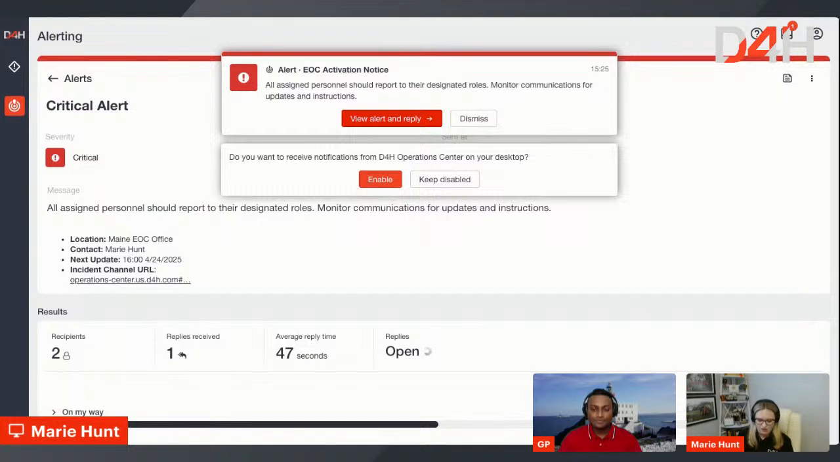All right, so I got all the notifications. I got a phone call. I got a text message. I got a WhatsApp notification. All came through. So I'm going to go ahead and I'm going to click view the full alert